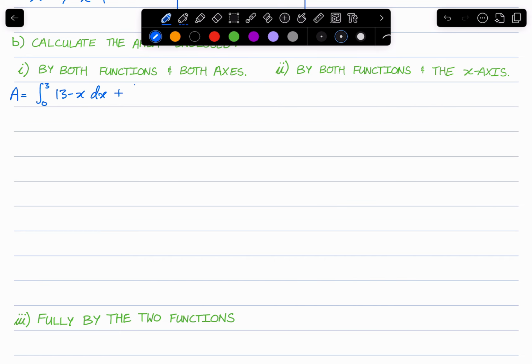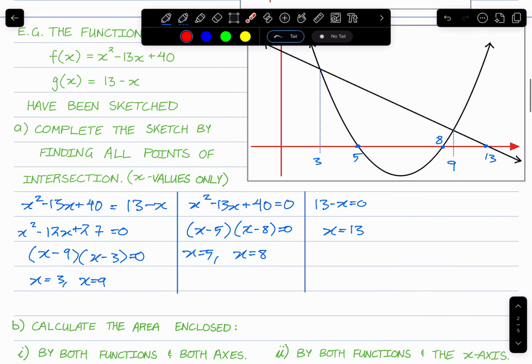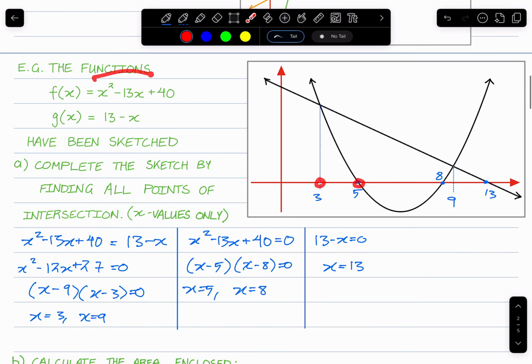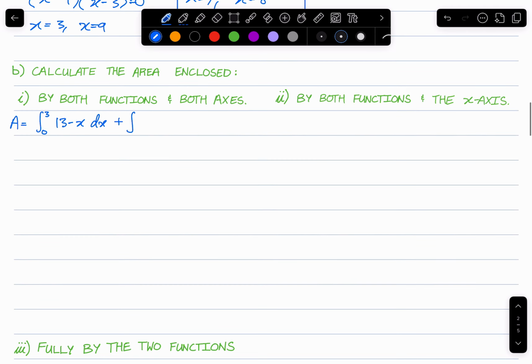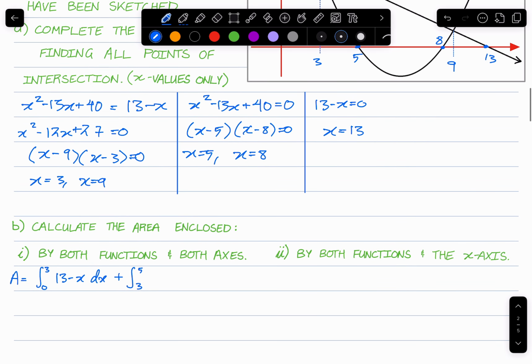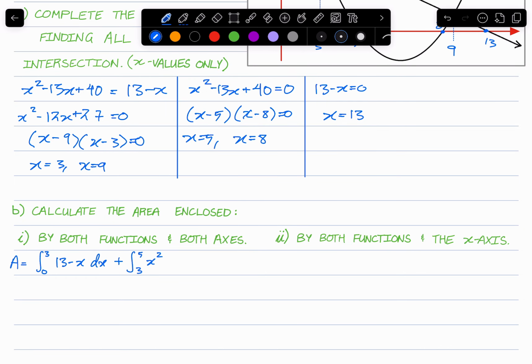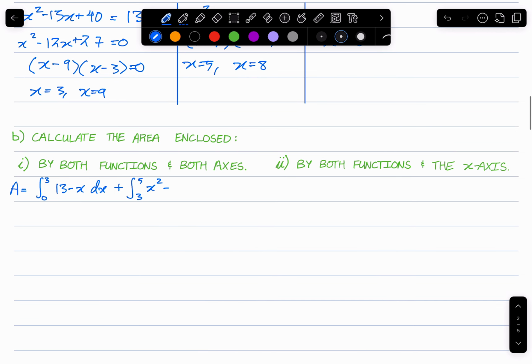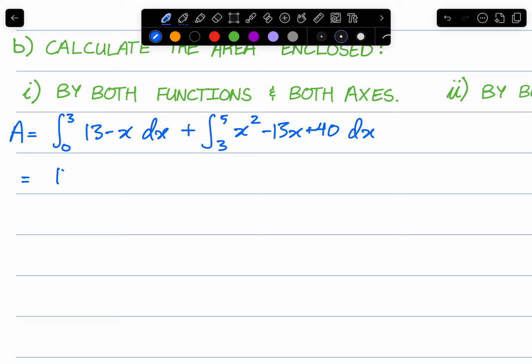And then onto this, we're going to add the integral from 3 to 5 of f of x, which was x squared minus 13x plus 40 dx. Integrating this, we get 13x minus half x squared from 3 to 0, plus, integrating this, we get 1/3